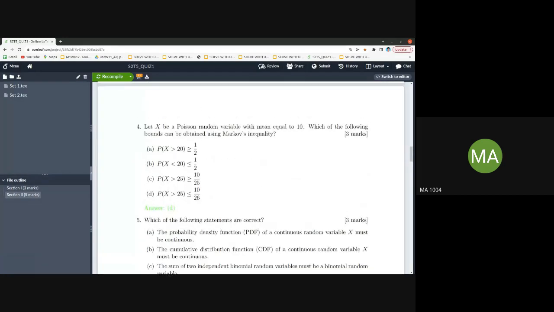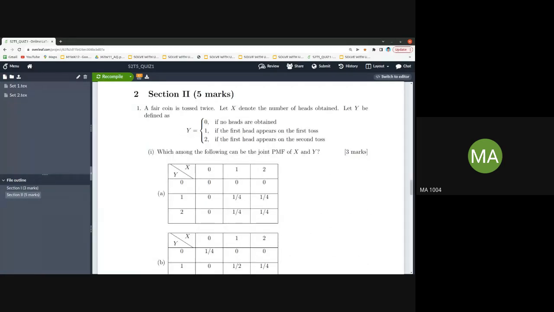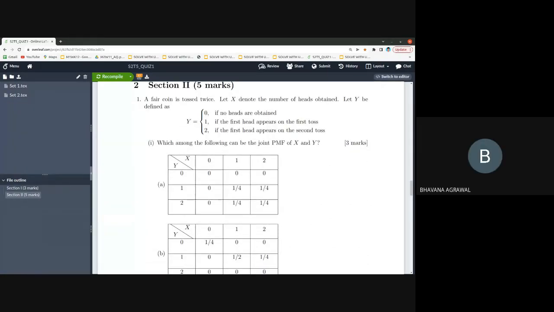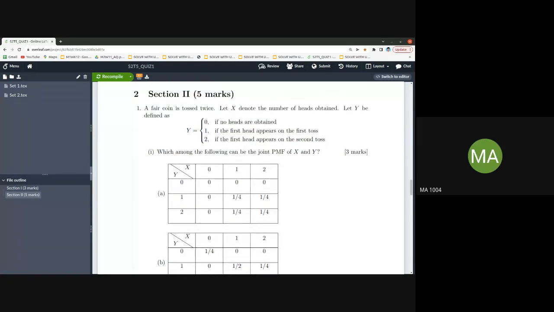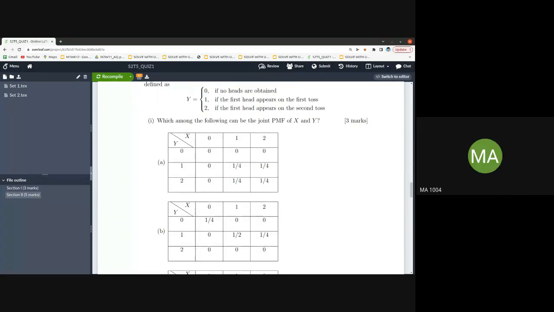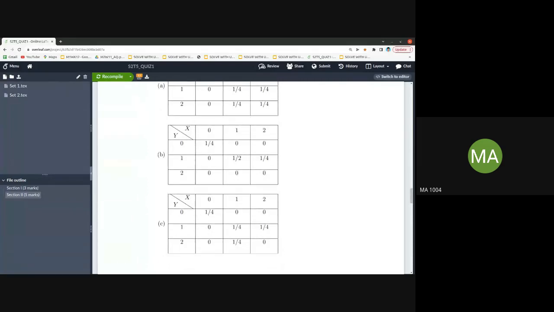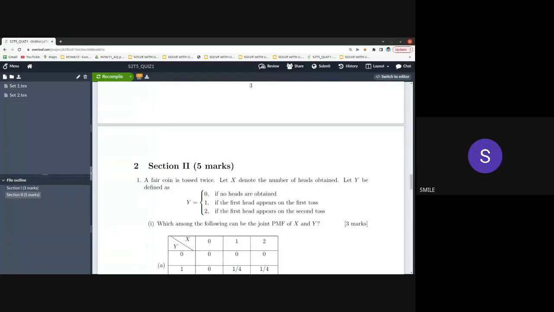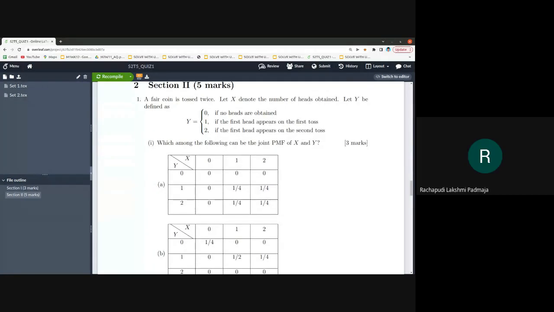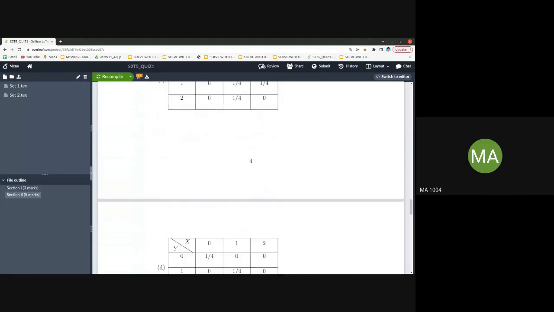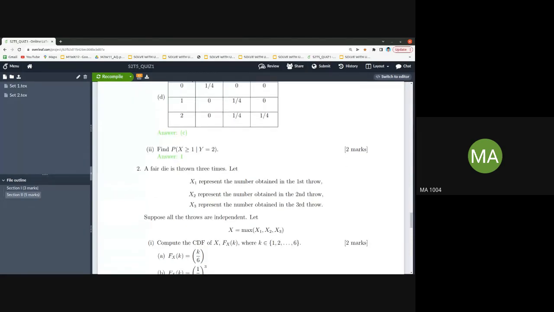So 5 questions we made. These are easy questions, and the next 5 will take some time. So this was very tricky, sir. Okay, so this is the question you are asking? No, sir, the last one. Okay, this is doable, right? It is maybe slightly trickier, that's it. You just have to understand what Y basically is. By definition, everything comes out on its own. So this is doable.